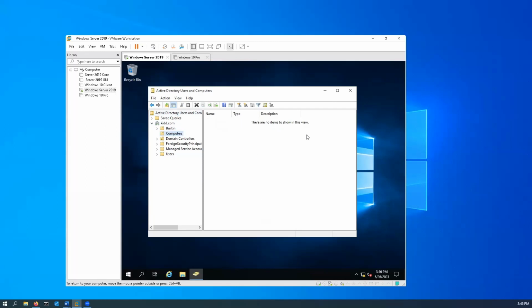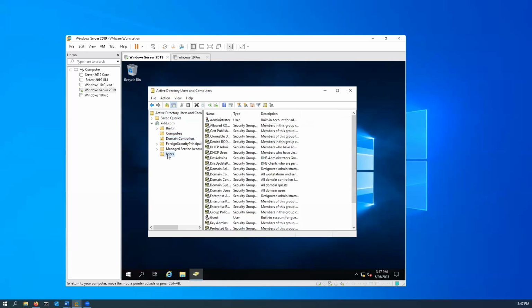You can see that there's no items in here right now because we haven't joined any computers to this domain controller. The reason that this computer is not added in here is because our domain controller is a domain controller, not a computer, and it's in its own organizational unit for domain controllers. But we can see our server here, and we can also expand our users box, click on it, and we